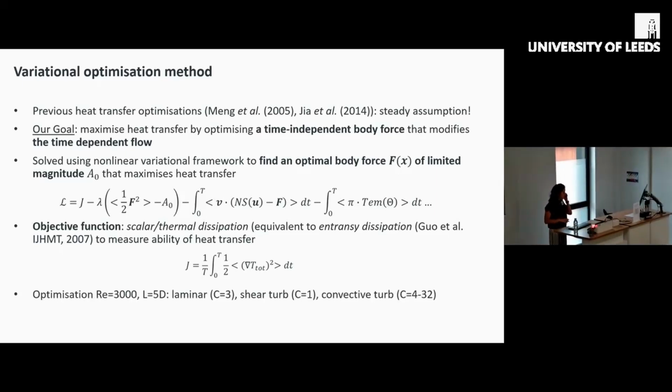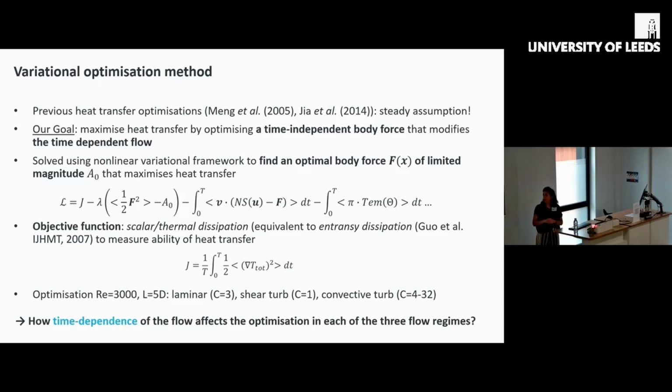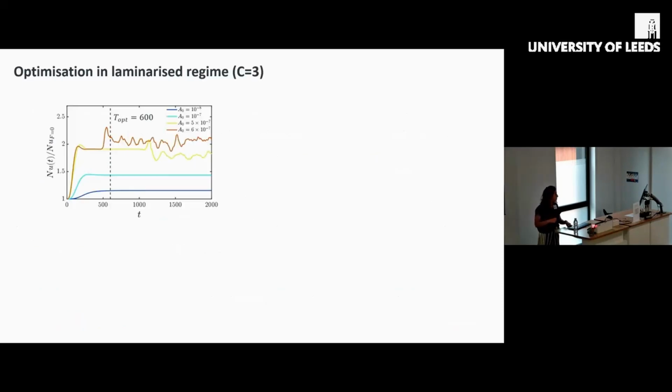And we solve this optimization problem at Reynolds 3000 in each of these different flow regimes, so for different values of C. So what we're interested in, as I mentioned before, is how time dependence of the flow affects the optimization in each of these different flow regimes. So starting with the laminarized regime, at C equal 3. So this figure here shows